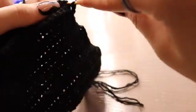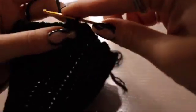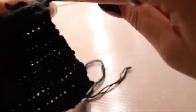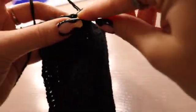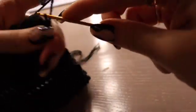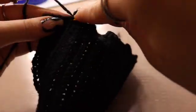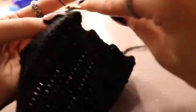insert, slip stitch, 3 slip stitches, 1, 2, 3, 3 chains, 1, 2, 3, slip stitch, 3 slip stitches, 1, 2, and 3. And then last one, 3 chains, 1, 2, 3, and